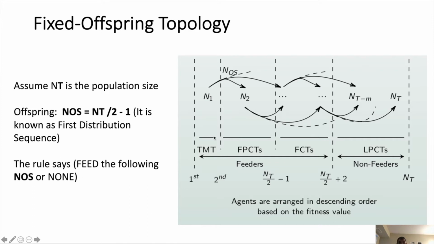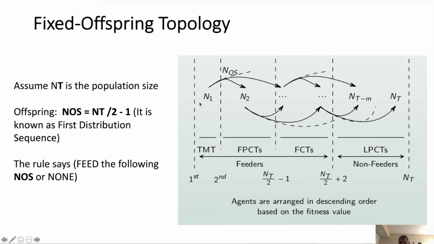Every single agent in the population can feed, but most of them can feed at most NOS number of trees. We call NOS the offspring, and NOS is equal to NS divided by 2 minus 1. So assume that we have 6 trees, so we are going to have NOS equal to